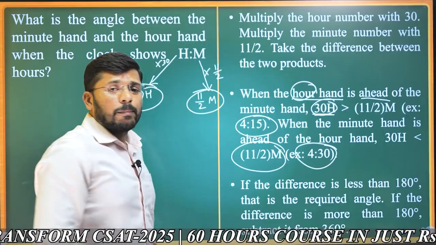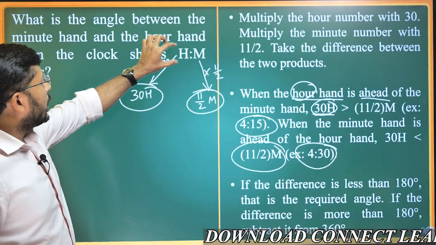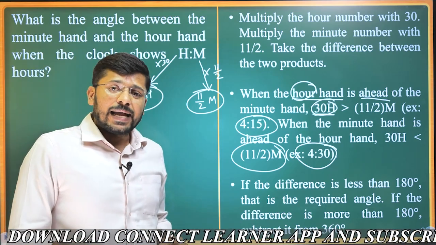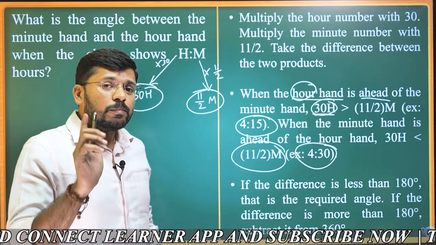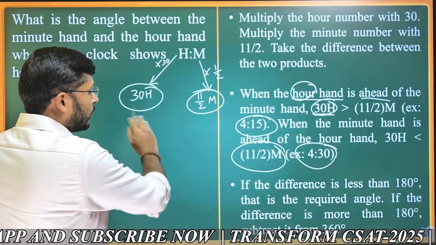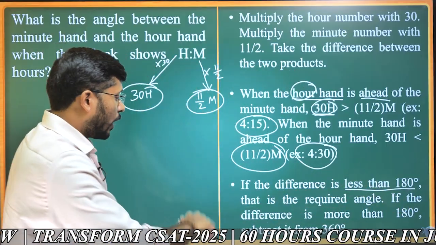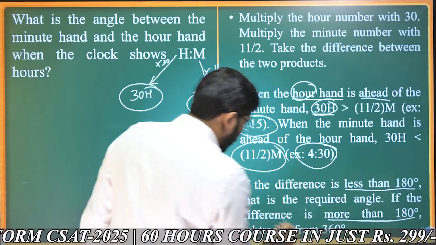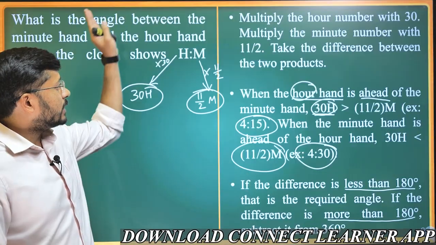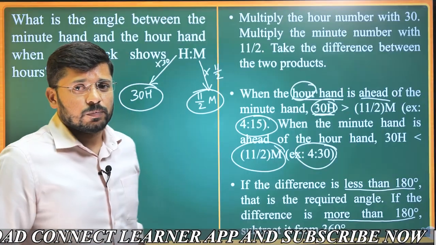Okay, just know this, but to find the angle between the hour hand and the minute hand, just follow this method. Multiply H with 30 and M with 11/2 and take the difference between them, and that will give you the angle between the hour hand and the minute hand at any given time. And there is one more thing to remember here: if the difference between them is less than 180 degree, keep it as it is. That is the angle. However, if it is more than 180 degree, subtract it from 360 degree. Okay. Just take notes of this. You will understand it better once we solve the upcoming problems. Now, make a note of this.